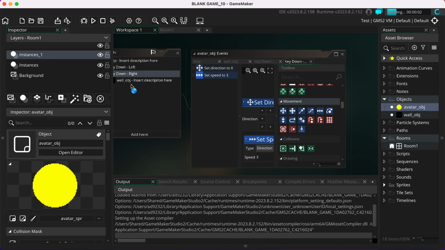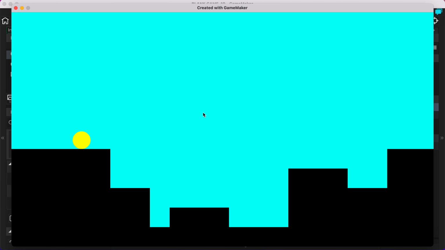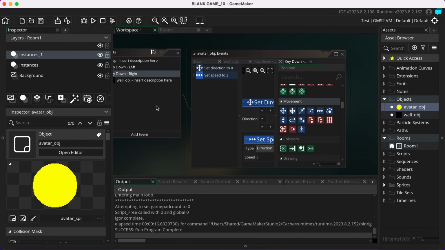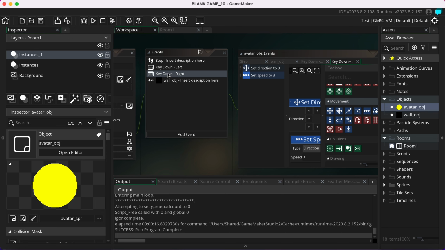So let's preview this. So let's run the game, create a little demo, and let's see. So the avatar falls, hits the floor, doesn't fall through anymore. When I press the left key, starts moving to the left. When I press the right key, starts moving to the right. However, when I let go of the keyboard, it's still moving. That's because the game will only do what we tell it to do. And we've told it that if we move left to set the speed to 3, and if we move right to set the speed to 3, but we haven't told it what to do if we let go of any